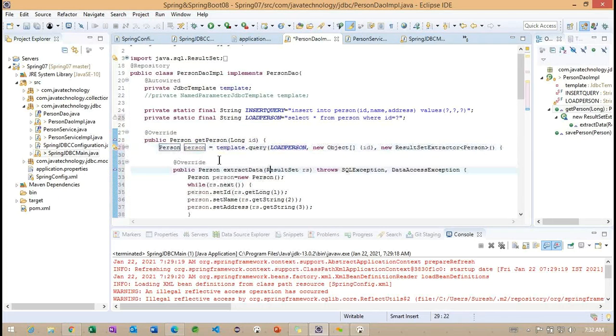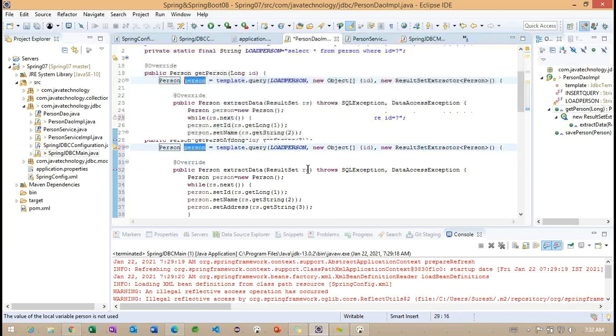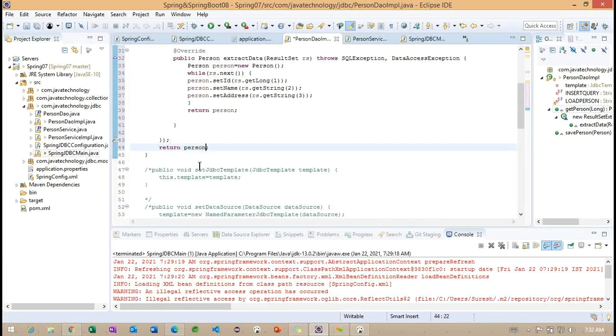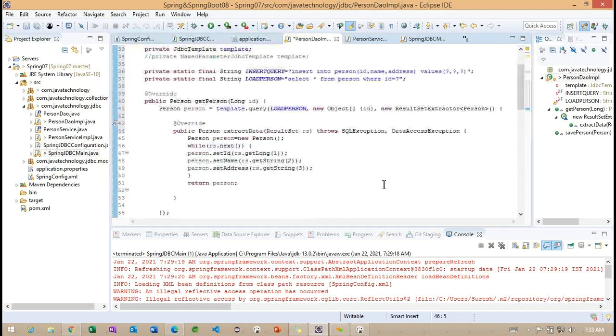Let me change it with the person. If person is not equal to null, what we can do? We'll return the person object, otherwise we'll return null.